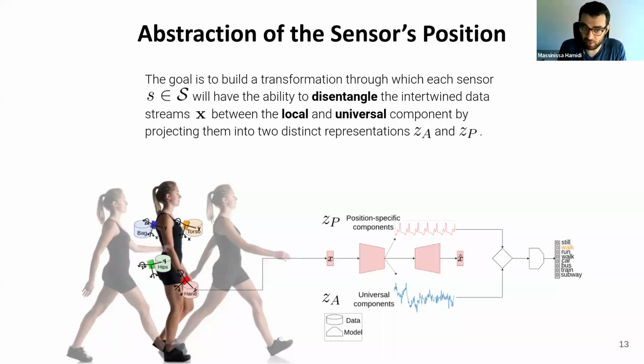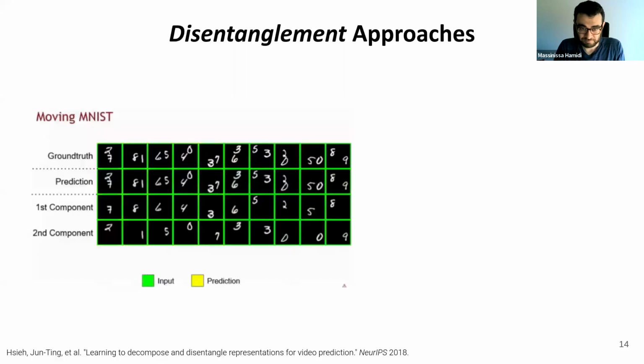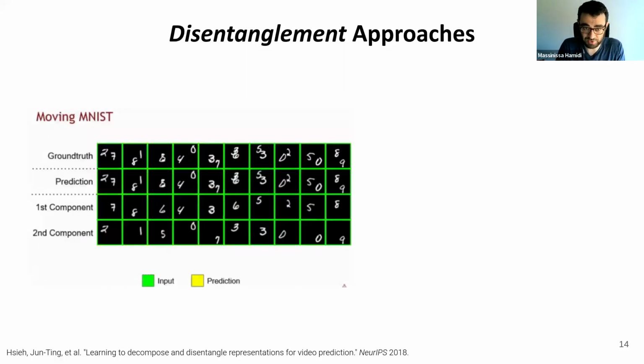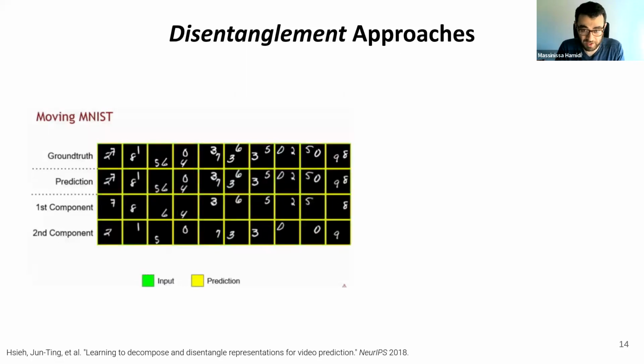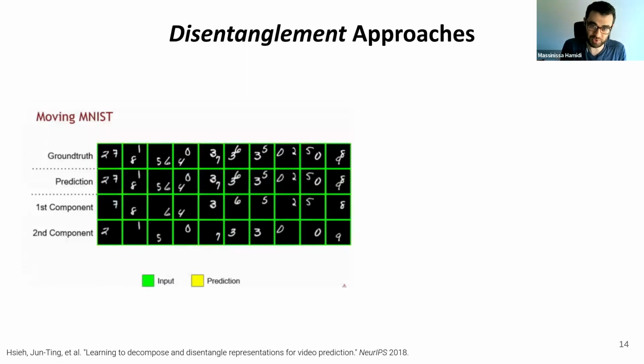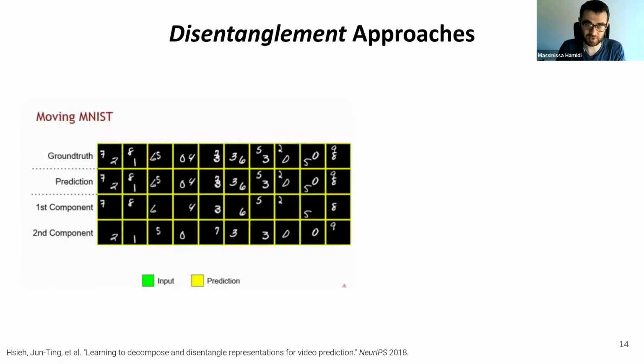Now, the main issue is to put in place a mechanism that can, from the data streams, build a representation capable of encoding in a very precise manner the position-specific components on one part, and the universal components on the other. So how can we manage to separate these signals, and how can we make each component of the representation correspond to exactly these two types of components that I described? Well,